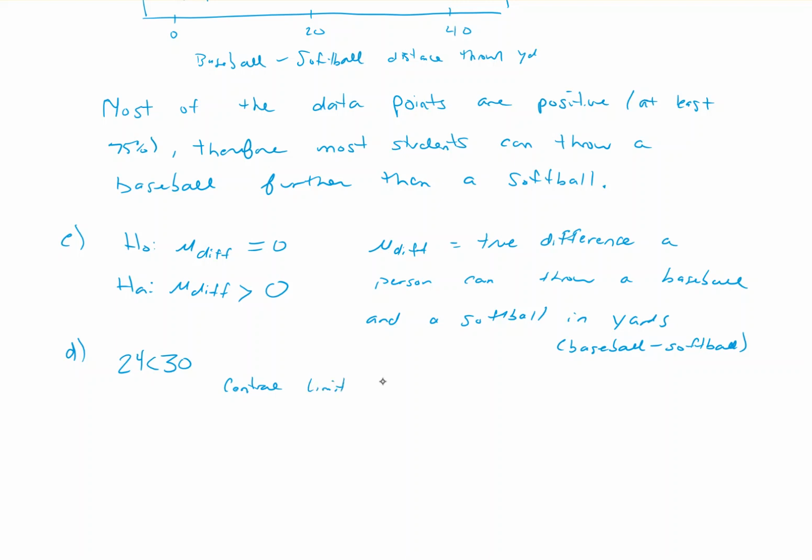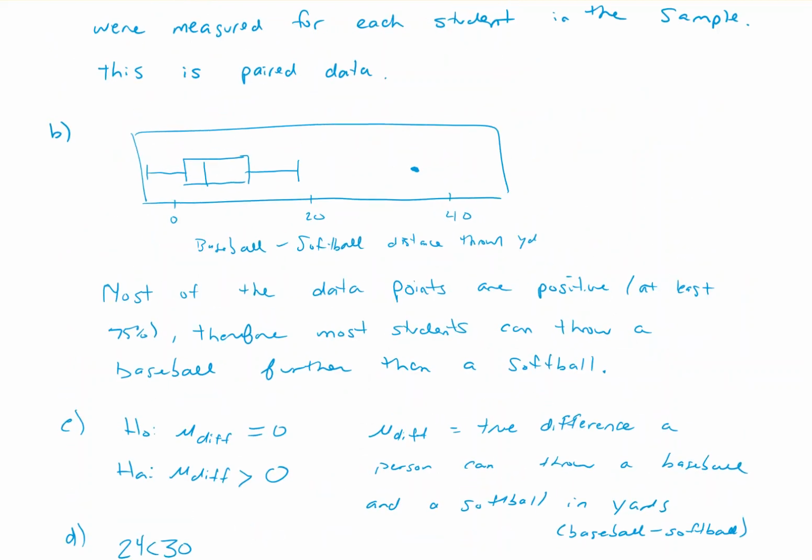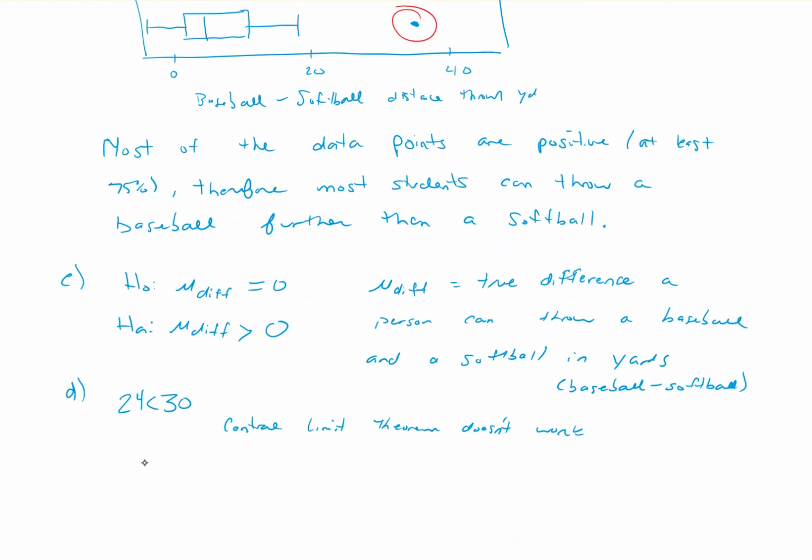And usually you just go back and say, well, as long as we have no significant skew and we have no outliers, we're fine, right? We go up here and we say, uh-oh, right? That's a problem. That's a pretty big outlier. That's actually a huge outlier. So the outlier means